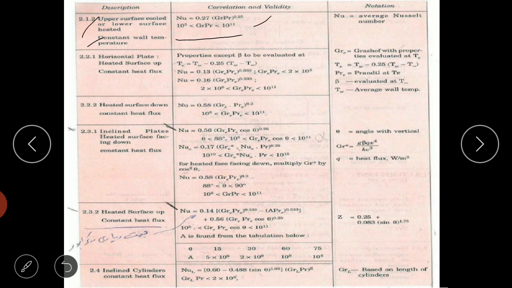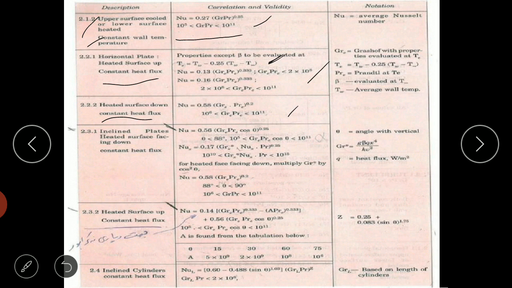Then we have constant heat flux formulas. Okay, and the ranges are given with the Nu formula. For constant heat flux, there is a slight change. This is the formula which has to be considered. Okay, so we'll not consider them as they have not been asked in the exam, or they are not in the syllabus. So we have only problems on constant wall temperature, but you should know how to solve the problems on constant